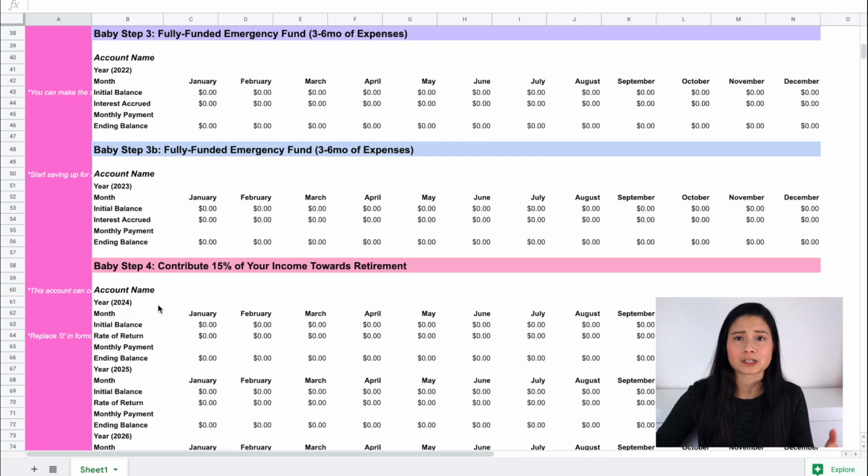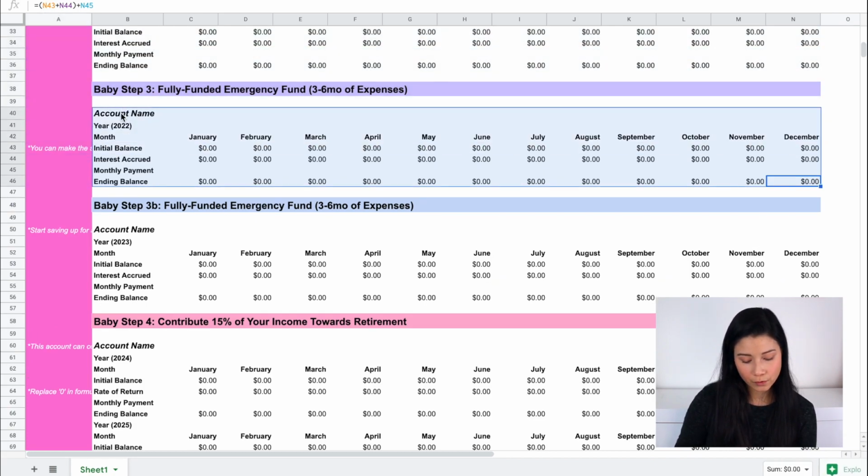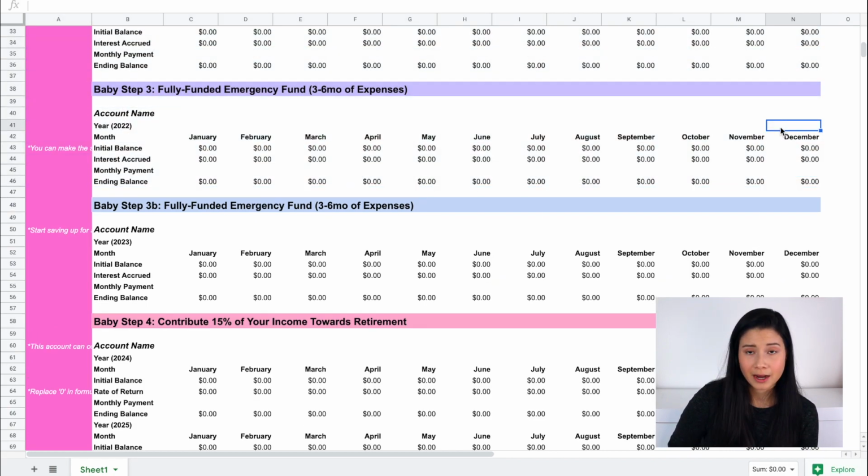Now, of course, some of those expenses are going to be less than when you were in debt, because at this point you shouldn't have any minimum payments besides your home, if you have a home. Ideally, this step will not take longer than a few months, but I did make this group of cells a year as well to provide a buffer, because I don't know how long it'll take some people to fully fund their emergency fund. It could be less than 1 year, it could be more than 1 year,